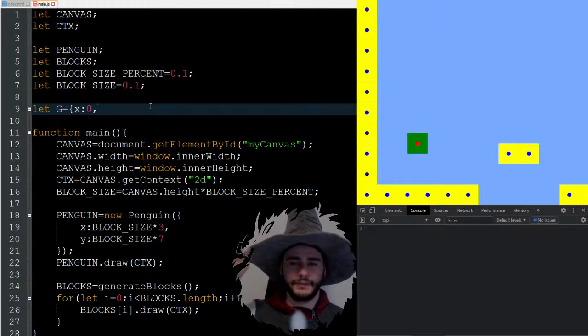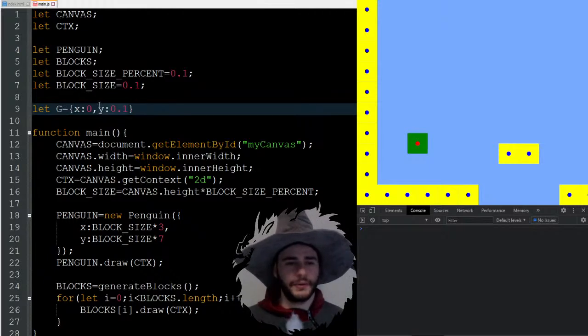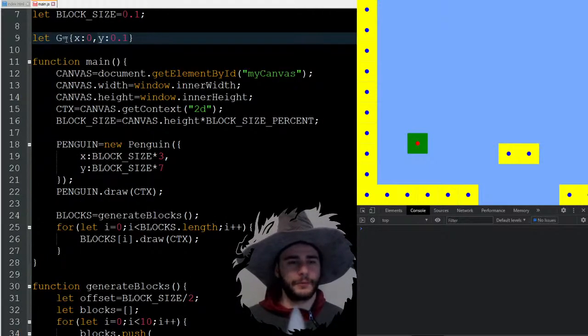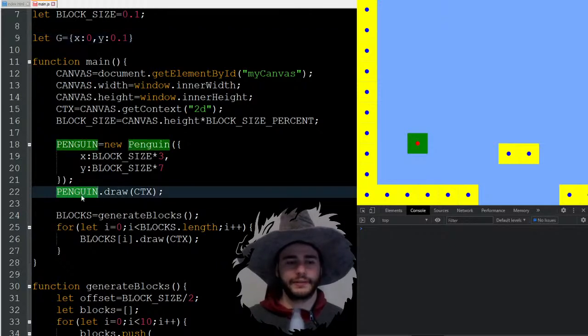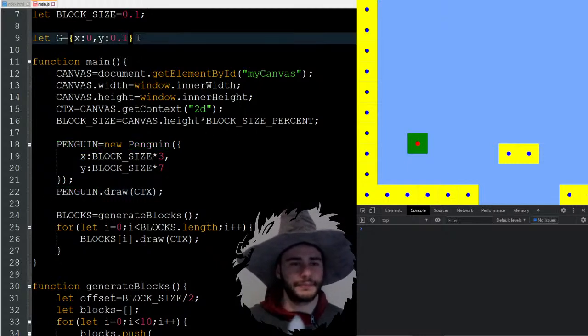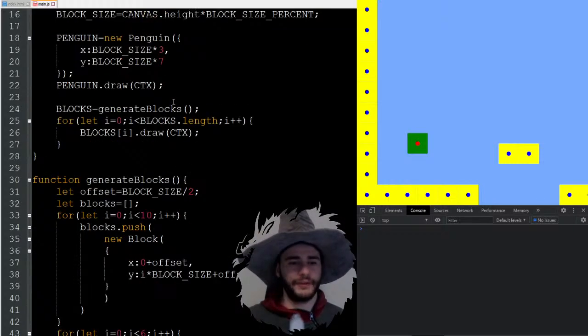So the gravity is going to be a force that applies zero force horizontally, and then some kind of force vertically. I'm just gonna put a small value here like this. And I'm going to say that this gravity will start to affect our penguin somehow. I'm not exactly sure how to implement this now, but let's see. And then I want to also add keyboard control to the penguin. So let's begin with how this gravity is going to affect,